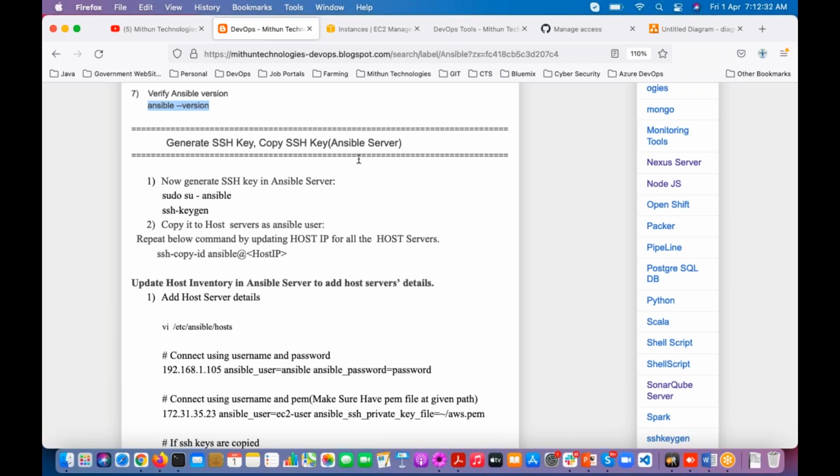One guy called me recently, sir, in my training center I want to install SonarQube. They referred me to your video, sir. I was facing the issue, my trainer is not able to help me, please help me, sir. Like that, he called me. He's from Hyderabad.